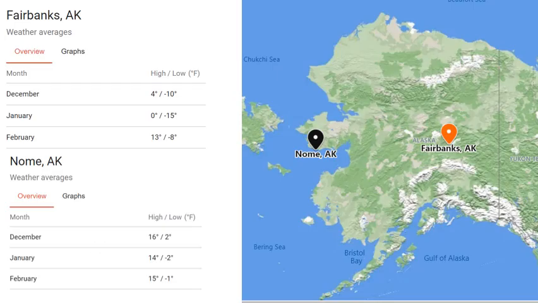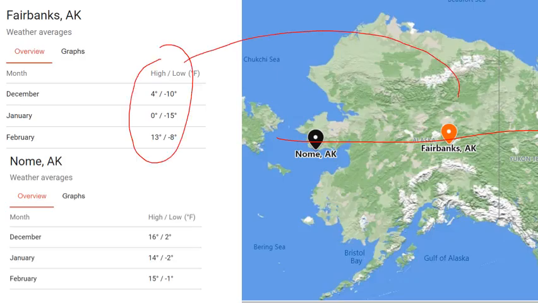Now let's take a look at Fairbanks versus Nome, Alaska. You'll notice they are at the same latitude, so they're getting the same amount of sunlight. They're both below the Arctic Circle, so they both get some sunlight even in the wintertime. It's weak sunlight, but they still get some sun's energy. But if we notice their temperatures, Fairbanks temperatures in the middle of the state 4, 0, 13. But Nome has temperatures that are 16, 14, a lot warmer, I mean 15 degrees warmer in some cases,